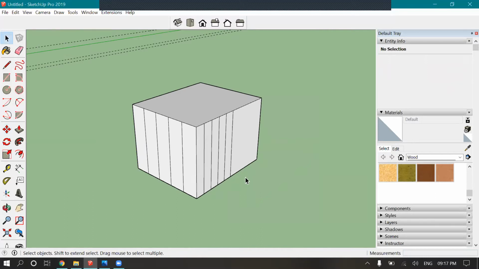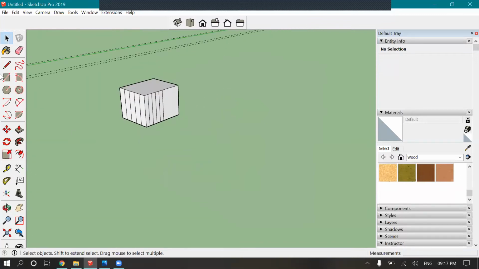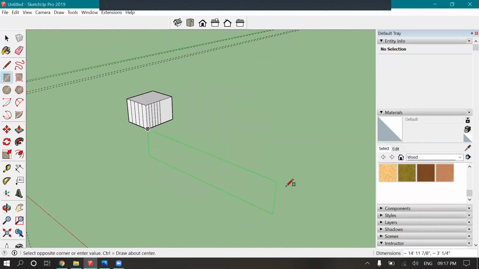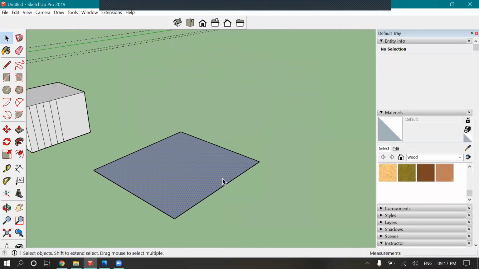So did you guys get it, or should I explain it in a different way, again? Explain again. Okay, so let's say this is a rectangle. How to give rectangular size?